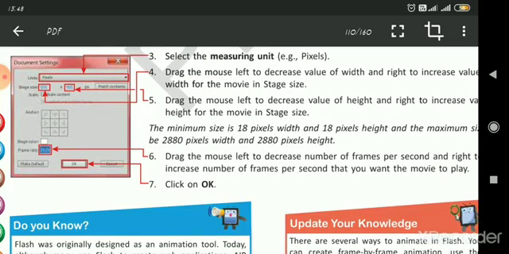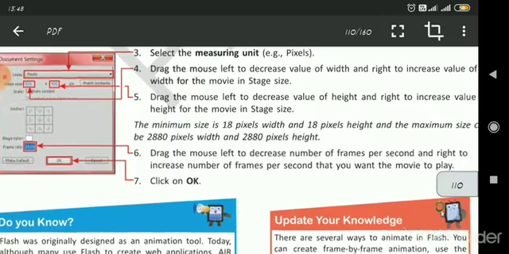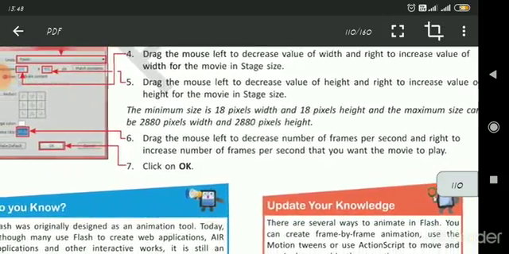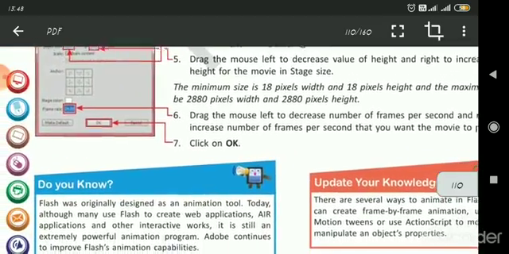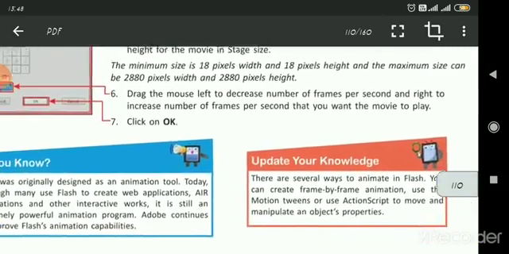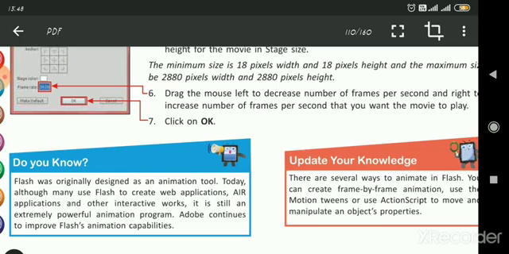Now drag the mouse left to decrease the value of height and right to increase the value of height for the movie in the stage. The minimum size is 18 pixels. Okay, so if you are increasing the size, then you can see the minimum size is 18 pixels width and 18 pixels height, and the maximum size can be 2880 pixels width and 2880 pixels height.